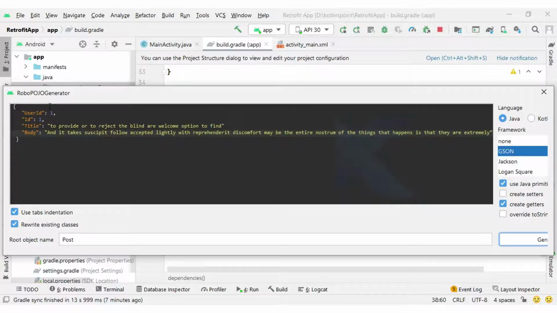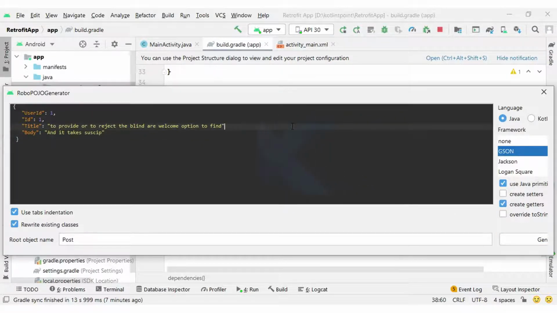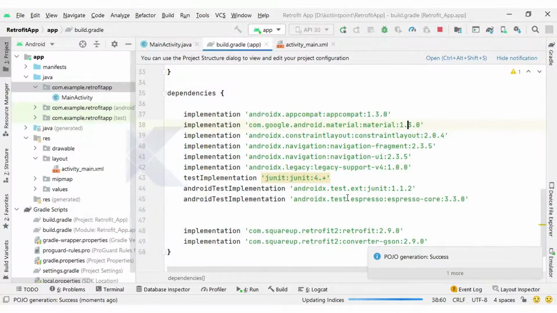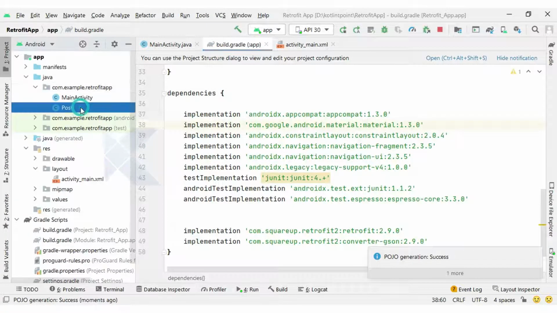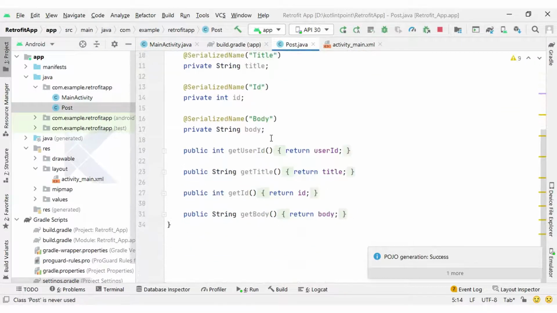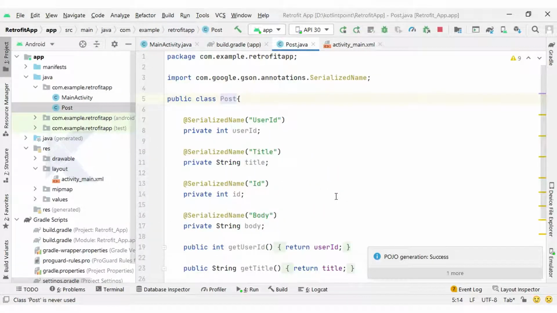Just a minute. Okay guys, a semicolon is missing, that's why it is throwing an error. With the semicolon, if I click on generate, you can see the class is generated respective to the JSON data we have. This is how the plugin can help.